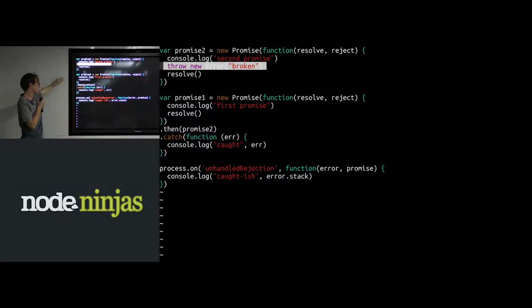Thinking about what we're doing wrong here, the real problem is that when you chain promises, you don't pass a promise to the then, you pass a function that returns a promise. But sometimes, due to subtle ways your code gets run or something, this doesn't happen and you get something like this. So when you need to find these issues, the easiest way is to put a process.unhandledRejection handler, and then